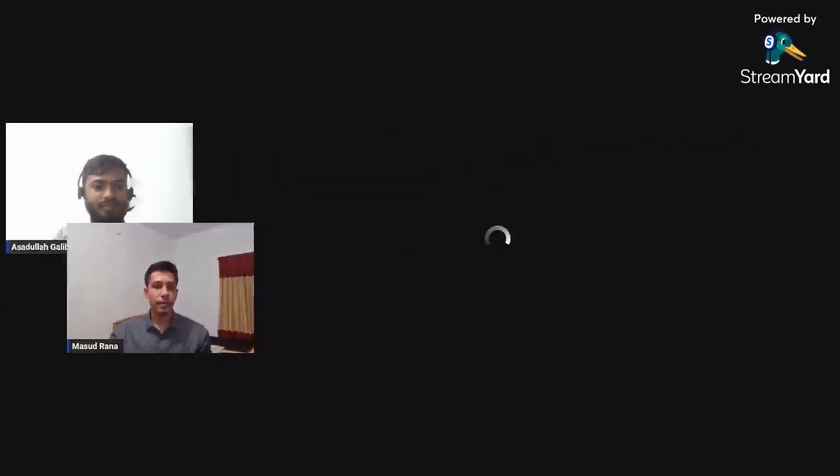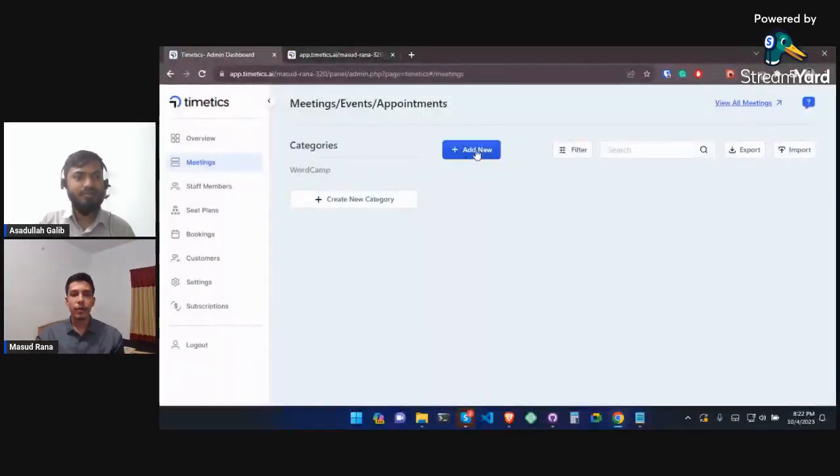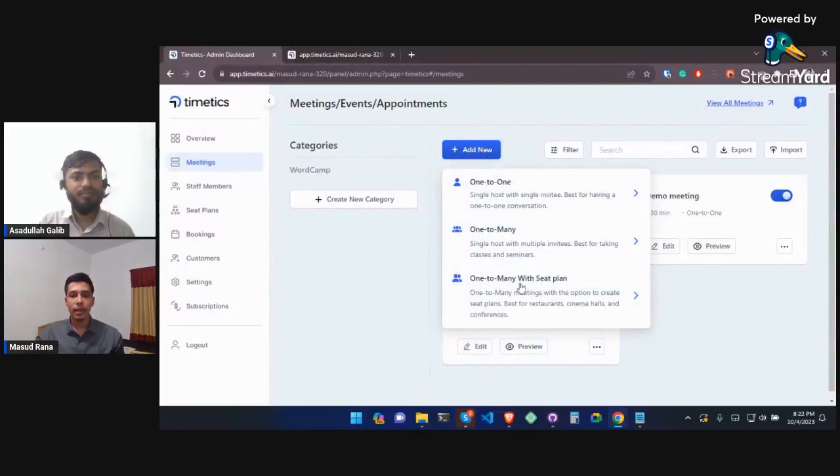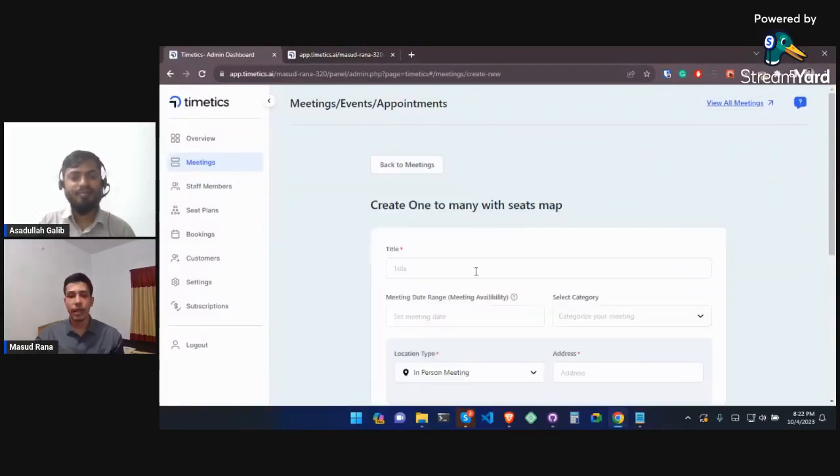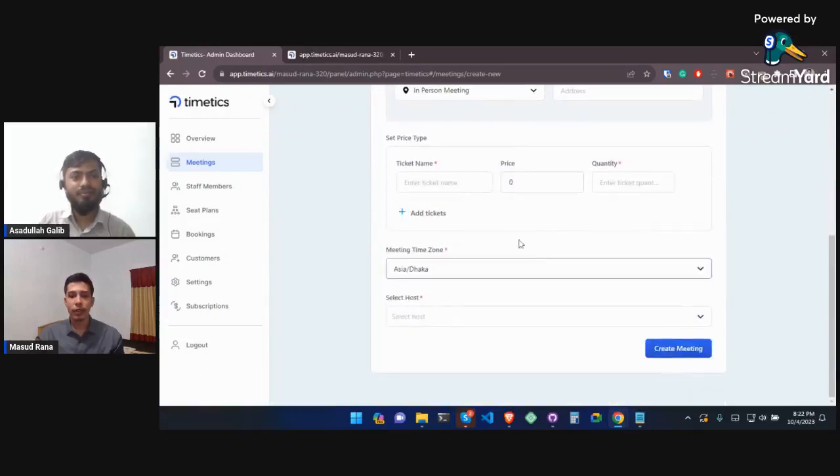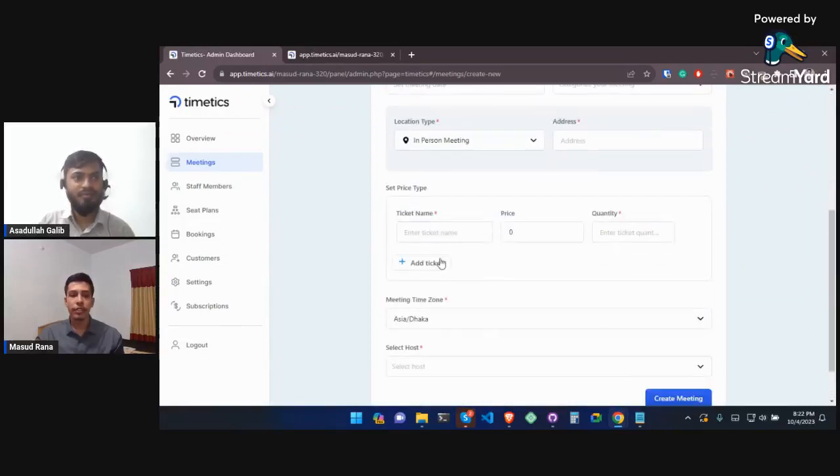Okay, so when you come here to create a meeting, you can see this option to create one to many meetings with sequence. This is the same process. I'm not going to repeat myself here. You just have one different option that you need to create different types of seat pricing layouts for your ticket